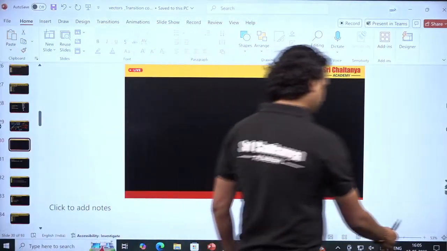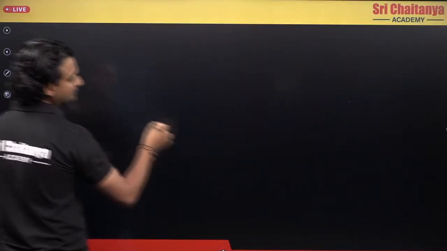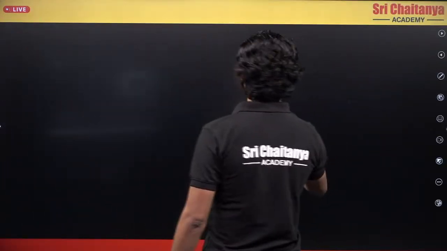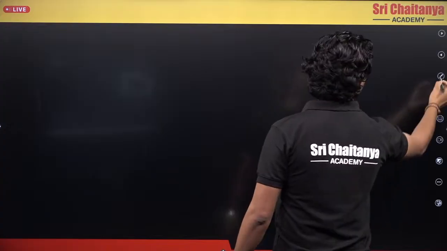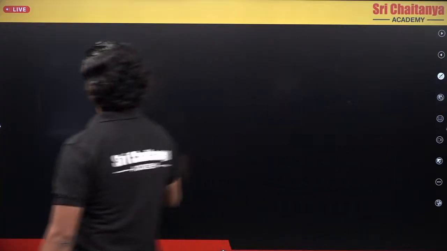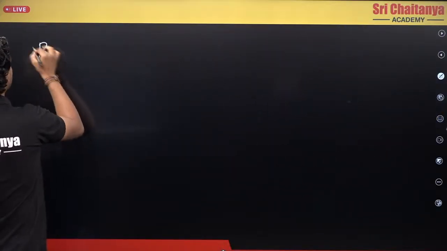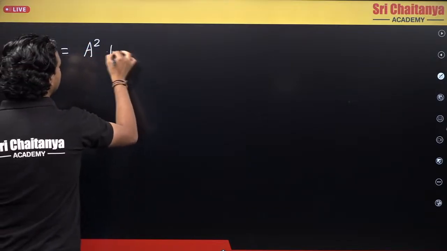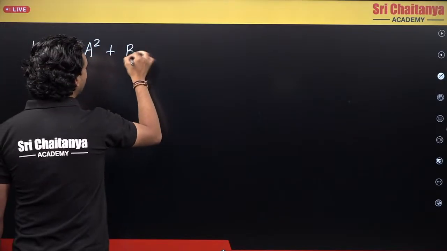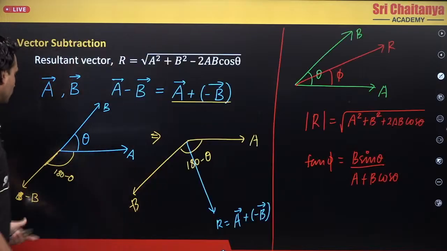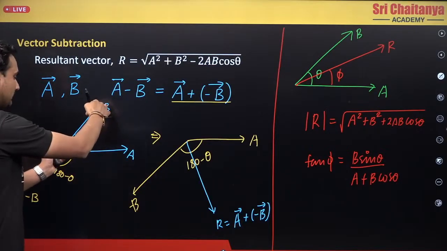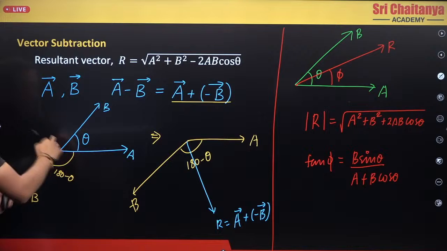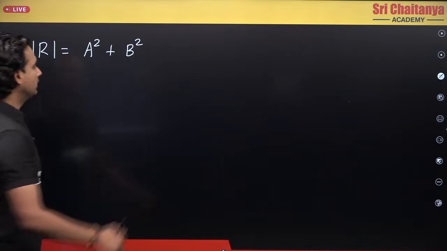And what do I get, right? So let's use the formula, simple. So what is the formula? The formula is: the modulus of vector r is basically the square root of a square plus b square. Now I'll say b square because the magnitude is the same, no? The magnitude will not change. If this length is, let's say, 2 meters, then this length will also be 2 meters. Okay, plus